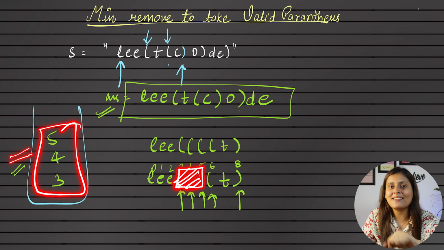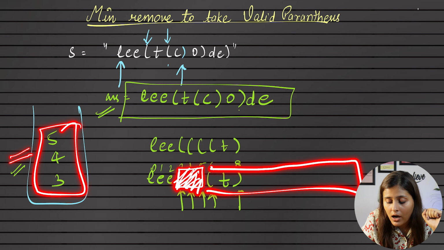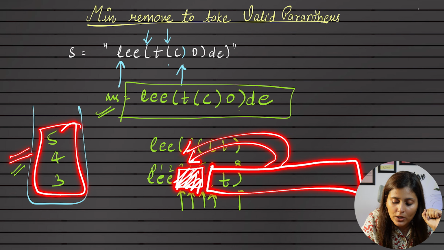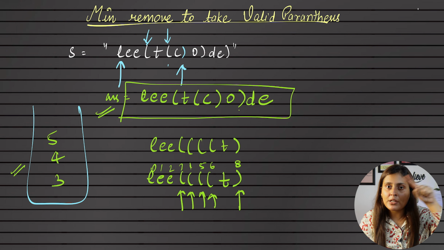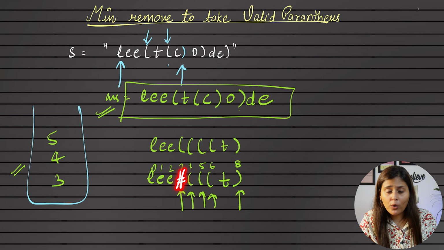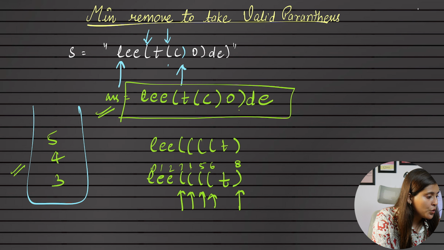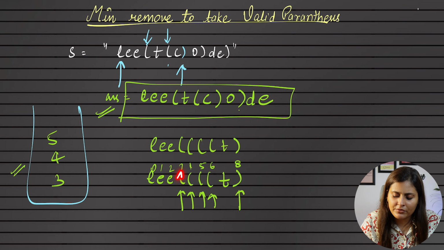Correct? Now again there are 2 ways. If you delete now, definitely whatever characters are ahead will shift to a new position, and that will further take O of n time complexity. So it's always better, instead of removing it, to mark it with another sign. Because the question says you will have lowercase letters or brackets, open, close. So we can mark this with numbers or with some other symbols. So let's mark it with hashtag.